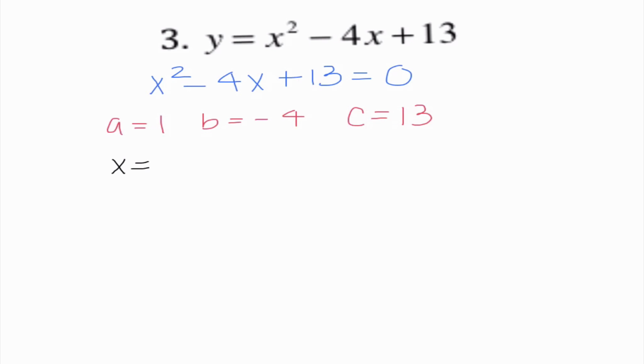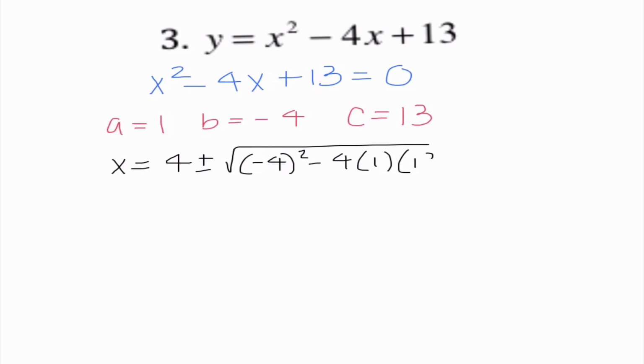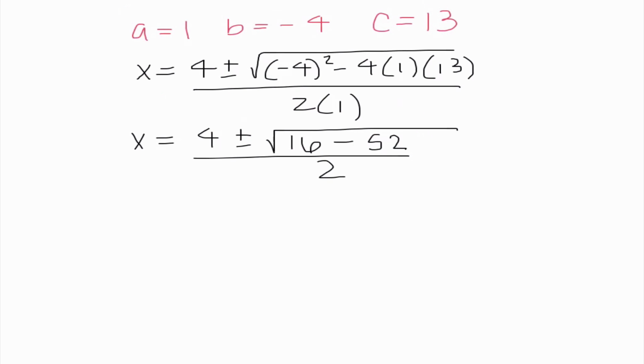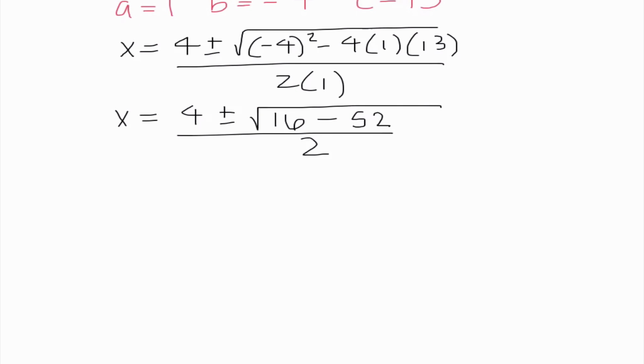So I'm going to do the opposite of b plus or minus the square root of b squared minus 4ac over 2a,